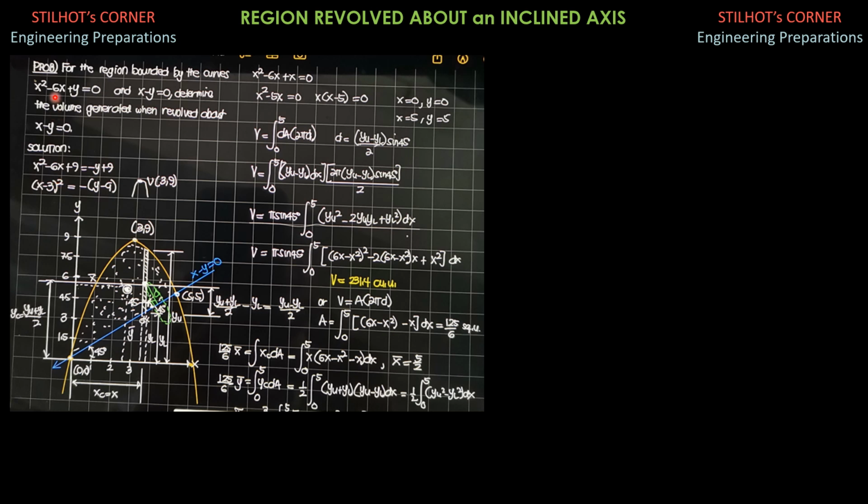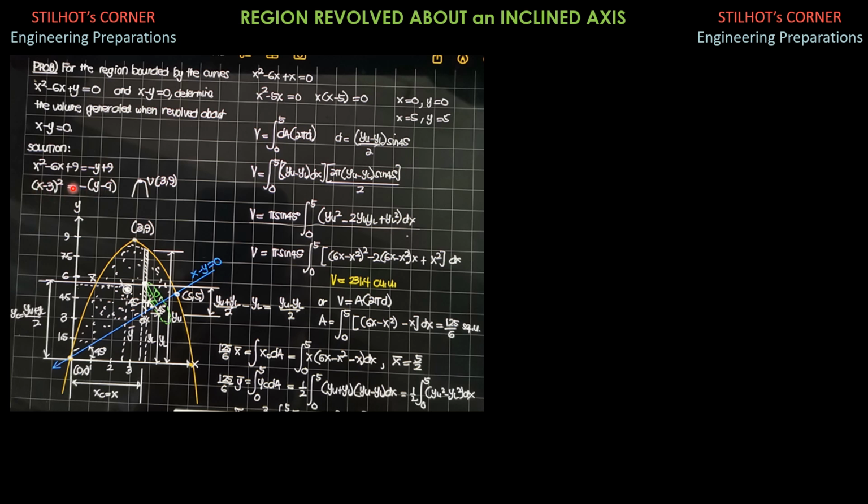So first, we have x squared minus 6x. Let's complete the square in x. So x squared minus 6x, half of negative 6 is negative 3. Square it, so 9. Then transpose y to the right, so that's why you have negative y. Since we added 9 in the left side, we also add 9 in the right side. So this is quantity x minus 3 squared equals negative quantity y minus 9. So this is the standard form of equation of a parabola.